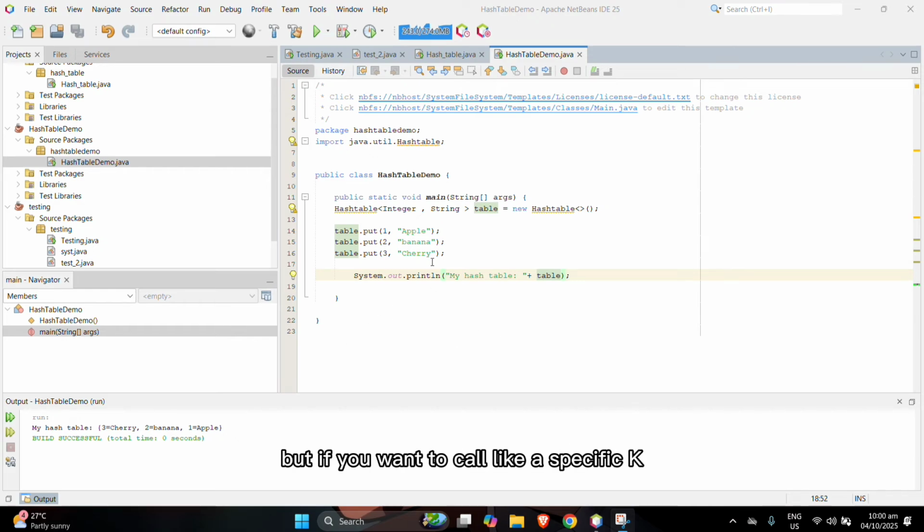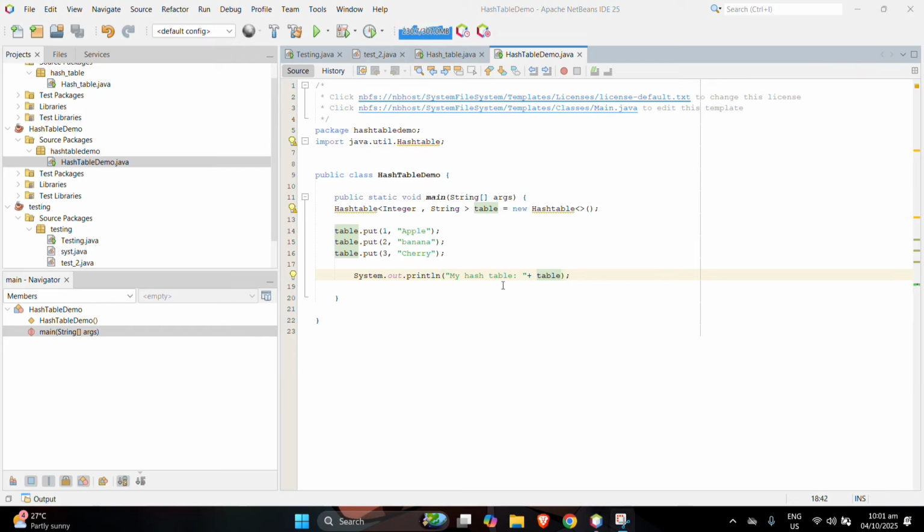But if we want to call a specific key, like 2, we're just going to change this. I'm just going to delete this.